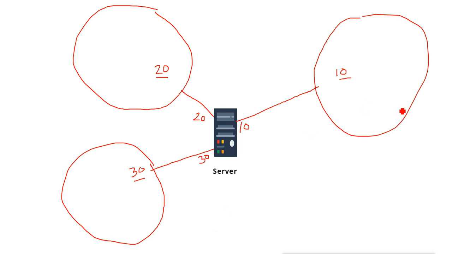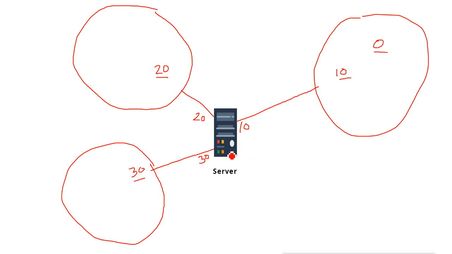If any client from this network asks the DHCP server for an IP address, it will be assigned a network 10 IP address from the pool we have given. Suppose I have given the IP address range for network 10 as 10.0.0.1 to 10.0.0.254. Whatever machine asks from this network will get an IP address within that range which I have allocated. So it can have multiple different pools for different networks.